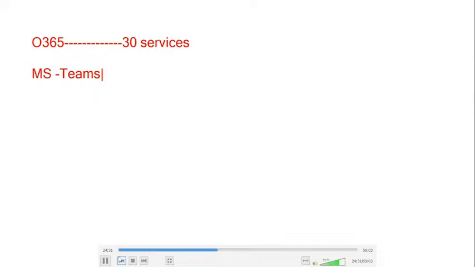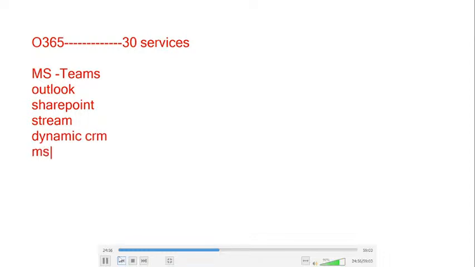No, it is managed by Microsoft. Yes or no? We have MS Teams, Outlook, SharePoint, Stream. Next, we also have Dynamics CRM, MS Word, MS PPT, Outlook, everything. All these components are managed by Microsoft.